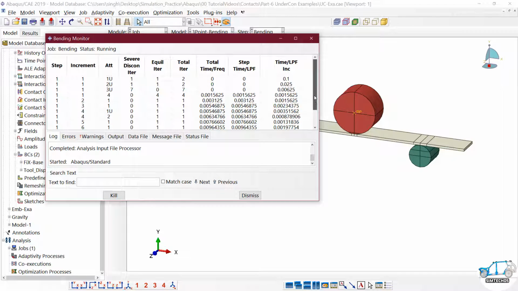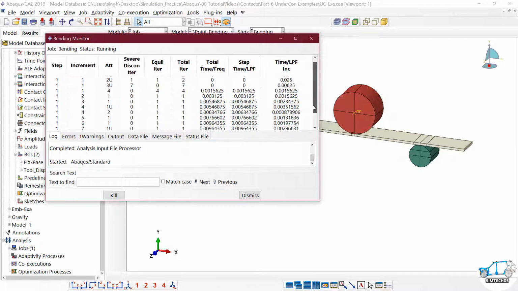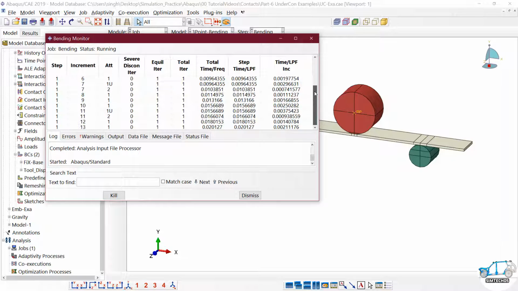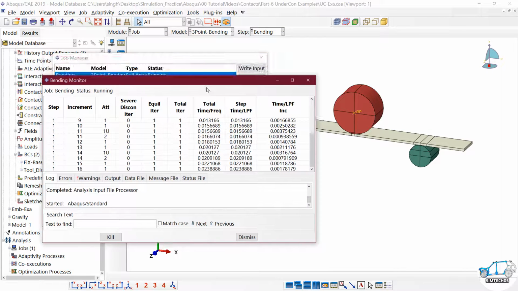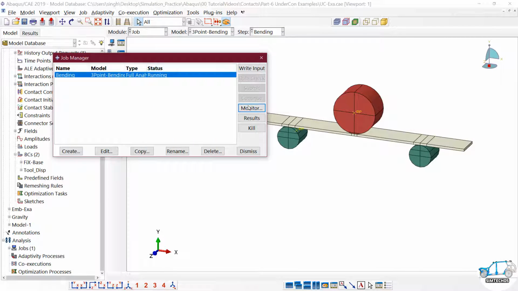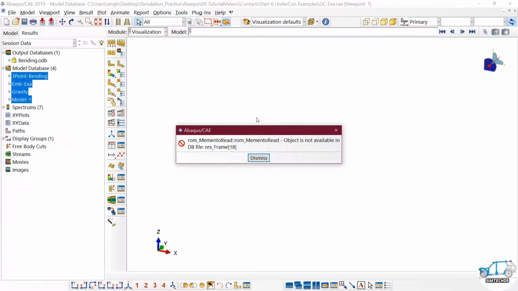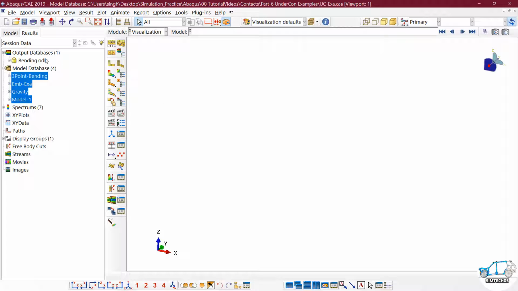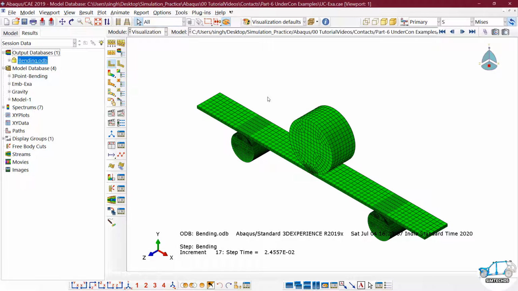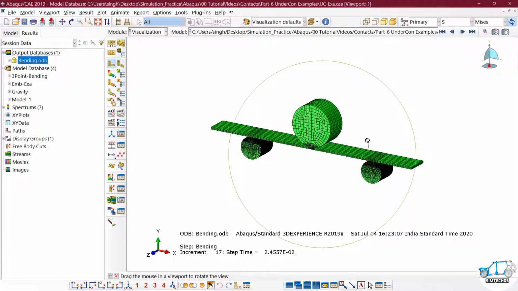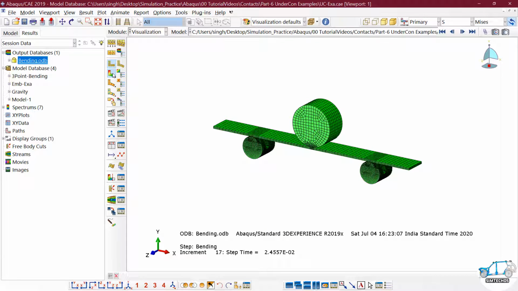Let's see, somehow the software was able to manage convergence, but the results are not accurate. I already simulated this, that's why I know very well. Click on results. Okay, this is my result, and click on displacement value.